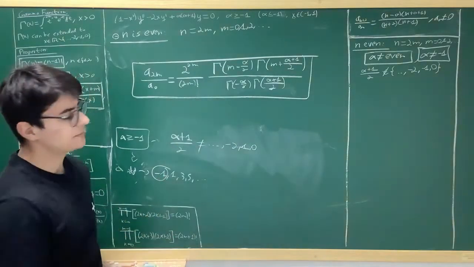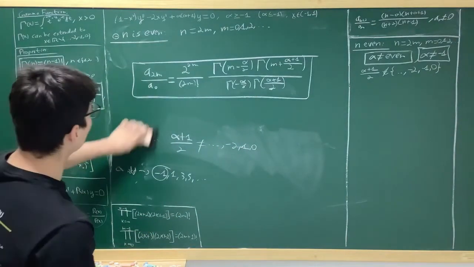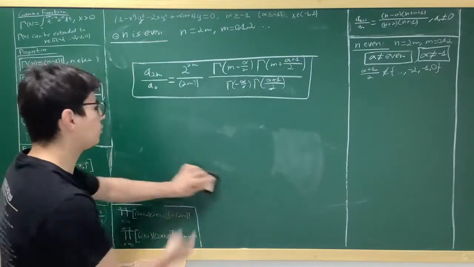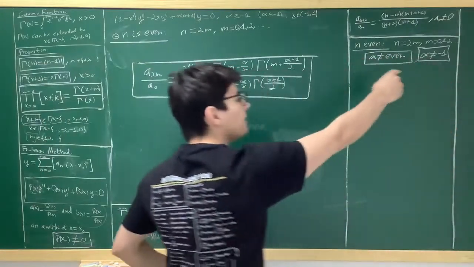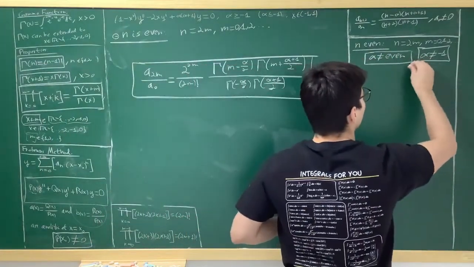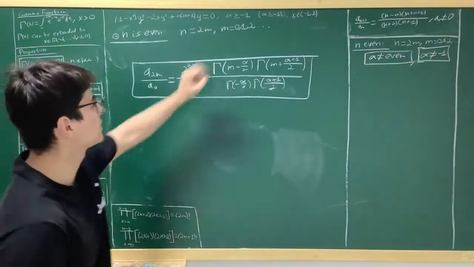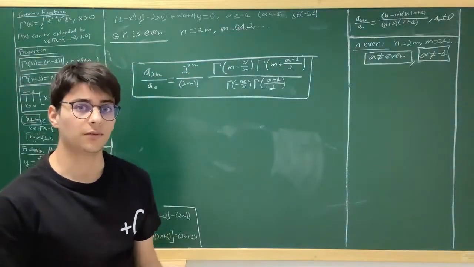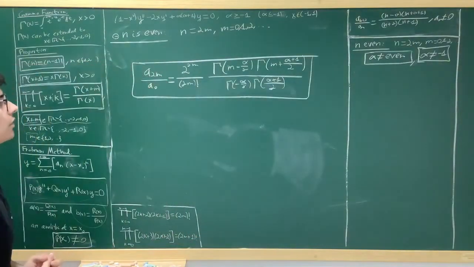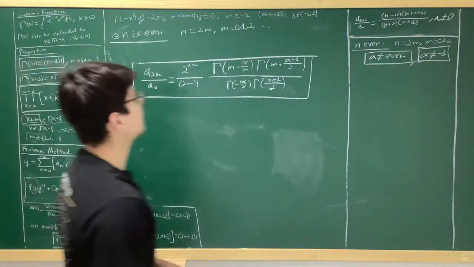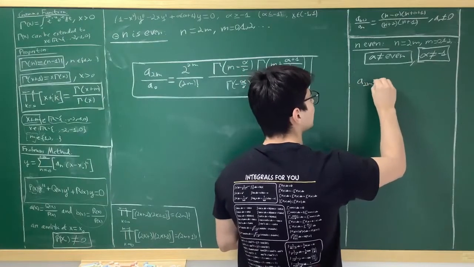We get 2 here, and 2 is not in this set of numbers, so we do not care about that. So all the restrictions that we need for this solution to work are that alpha is not even, and alpha is not negative 1. This is all we need. So this is one of the reasons that we chose alpha greater or equal than negative 1, such that we have these restrictions easier. So if this is the case, we get that the solution to the recurrence relation is,